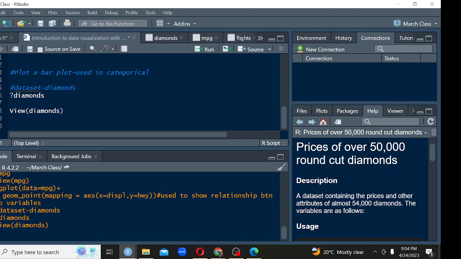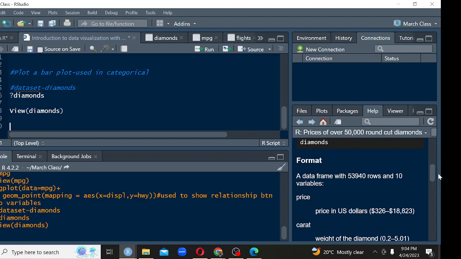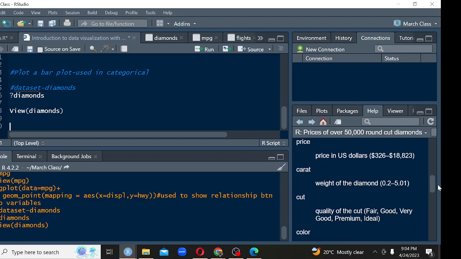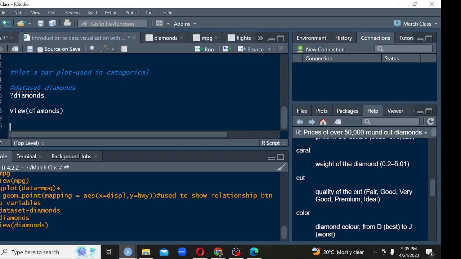So we want to now plot a bar plot, and I'm interested to know how many diamonds had an ideal cut. I'm not interested in the exact number, but just in a general overview of how many have this cut and so on. To do so,